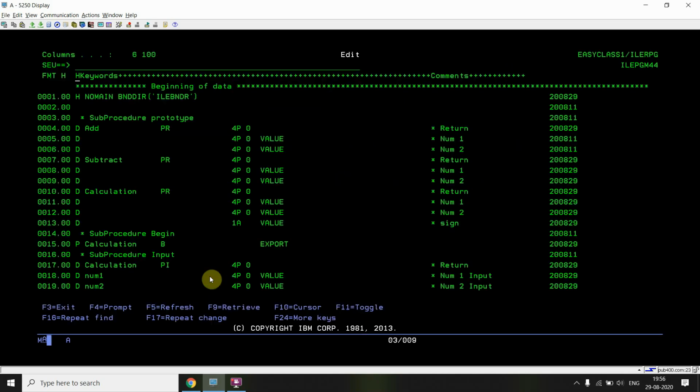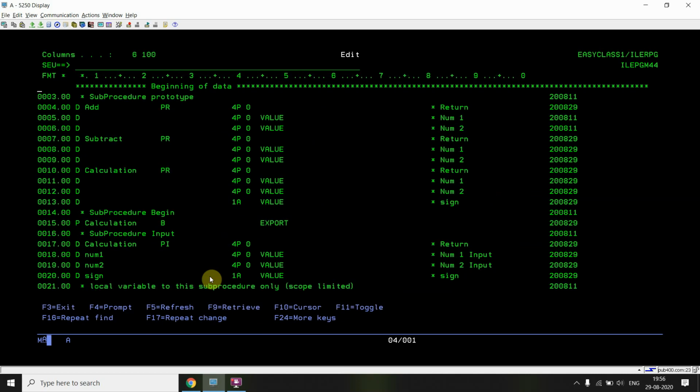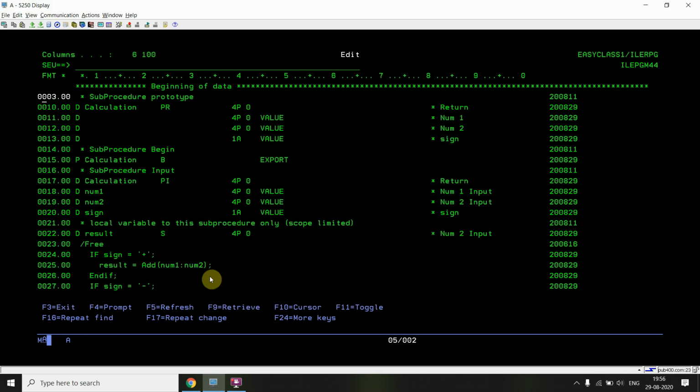I need to remove this thing because I do not require it. I'll be showing you two things here: using the binding directory, or binding the service program. I don't require this either, since I am calling only calculation. Calculation is already calling add or subtract, and it is already using the binding directory with the two modules, so we do not require this.